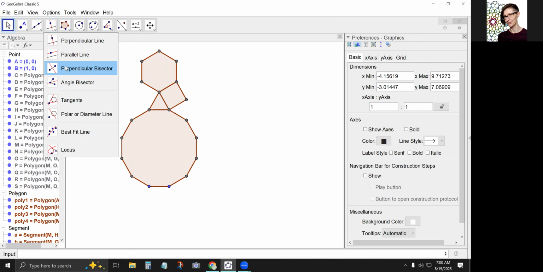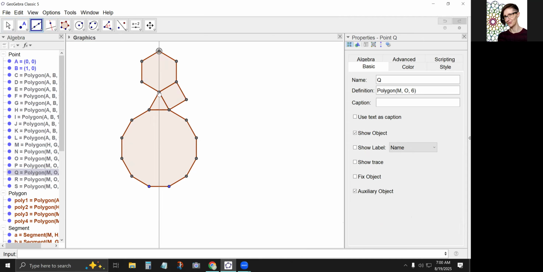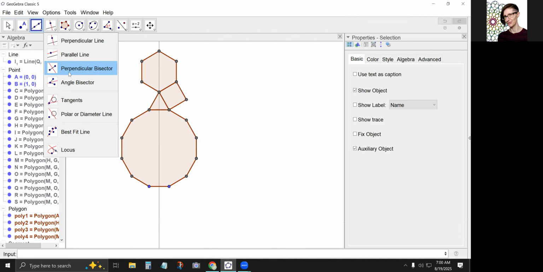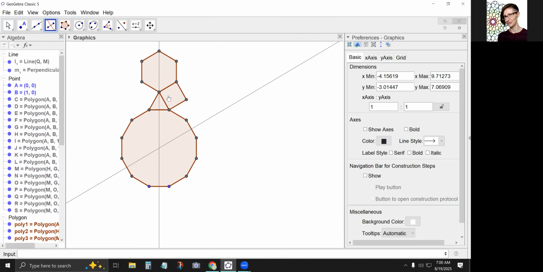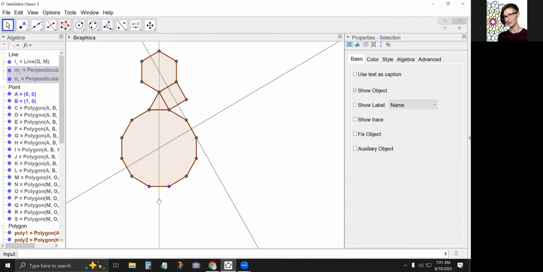So what I'm going to do is put in a few lines to indicate those boundaries. So there's one. I'm going to grab my perpendicular bisector tool to put one in here and here. And so those three lines are outlining